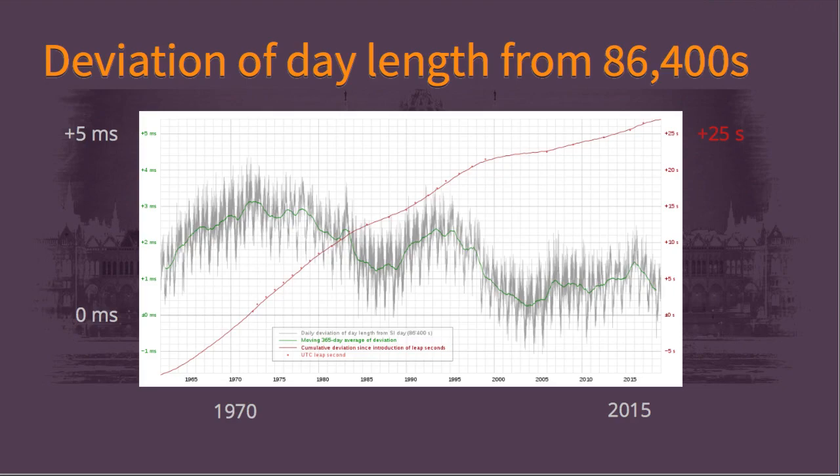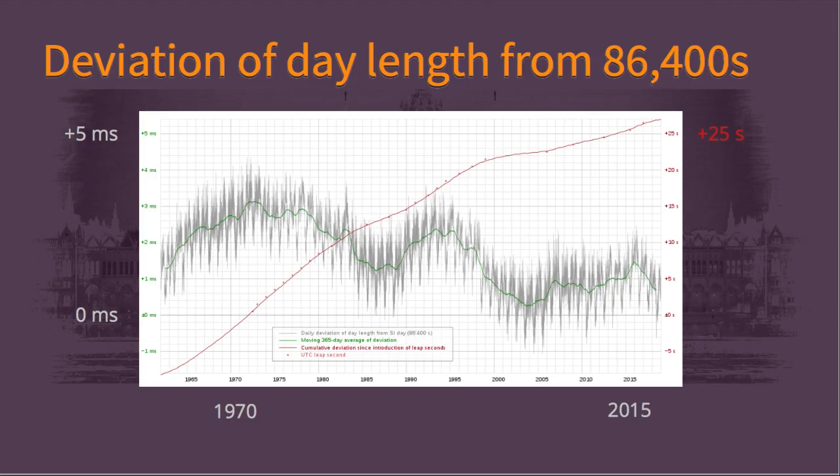So this is interesting. This is a chart of UT1's measurement of how long a day is based on solar observation relative to the 86,400 second model of how long a day is. And the 0 millisecond line, where the observed day is exactly 86,400 seconds long, is towards the bottom of the chart, and you will see that the gray observations go up and down in the range of 1 to 4 milliseconds longer than the modeled day.